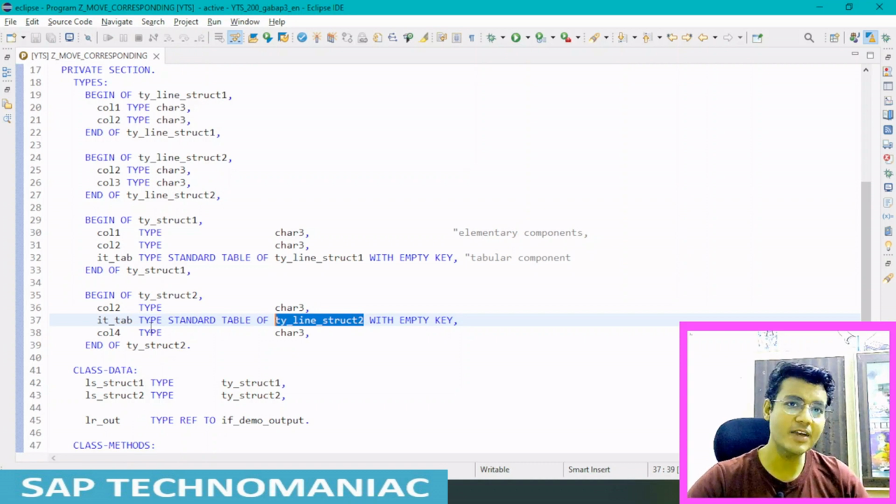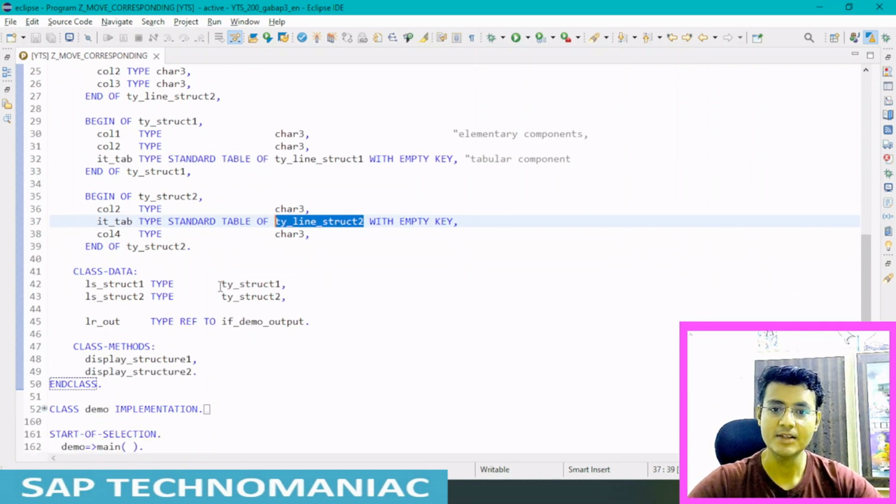We have an internal table inside the structure. In real time we don't usually use a table within a structure, but when we work with OData or other advanced technologies, or with XMLs, these kinds of things come up, and we have to understand how it works exactly.